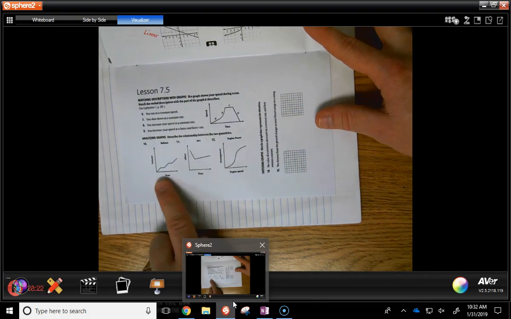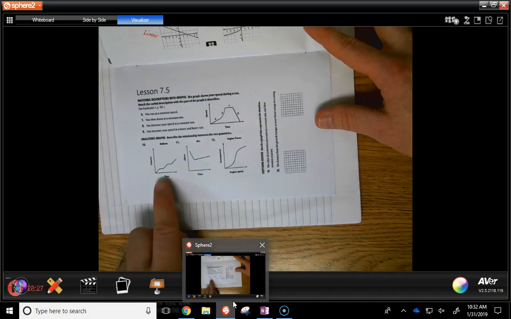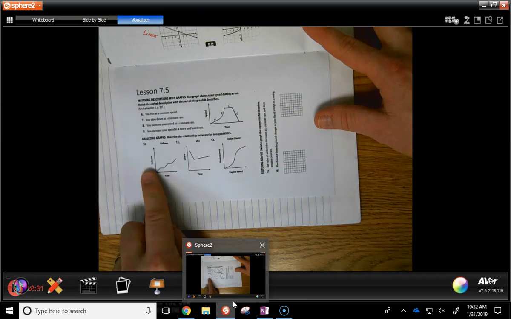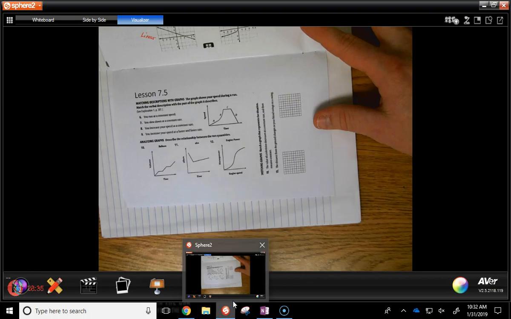Down here, describe the relationship between the two quantities. You're going to have to use some words on these three. But what is the relationship between the two quantities? Between the volume and the time, the dollars and the time, horsepower and engine speed. And then the last part,